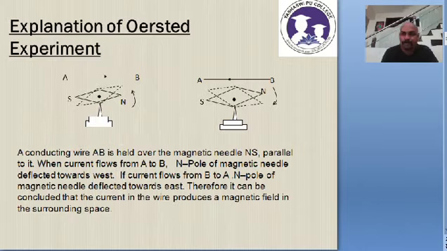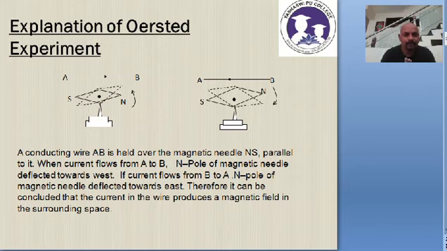An experiment called the Oersted experiment. This is a simple experiment. Dear students, please listen. If you just imagine a current carrying wire and if you keep a magnetic needle surrounding the current carrying wire, the needle will undergo deflection. So if there is a current carrying wire and a magnetic needle is kept in the vicinity, that needle will undergo deflection, which clearly proves that a current carrying conductor produces the magnetic field.